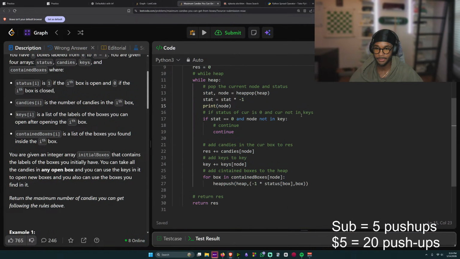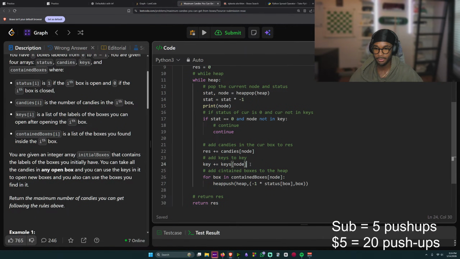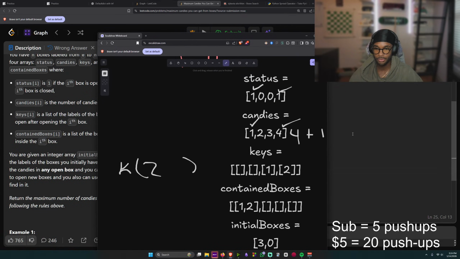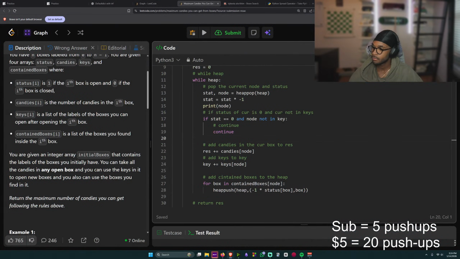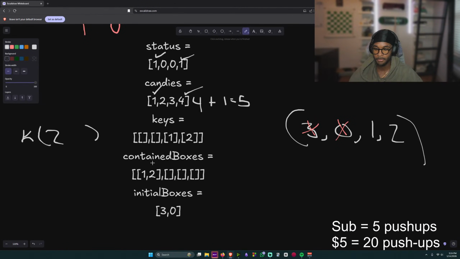How can we fix that simply? As soon as we get a key and we add it to our keys, it doesn't really change the fact that 2 is already in there, right? Box 0 actually had what key? The first key we ever went to actually had the thing. So what if we just